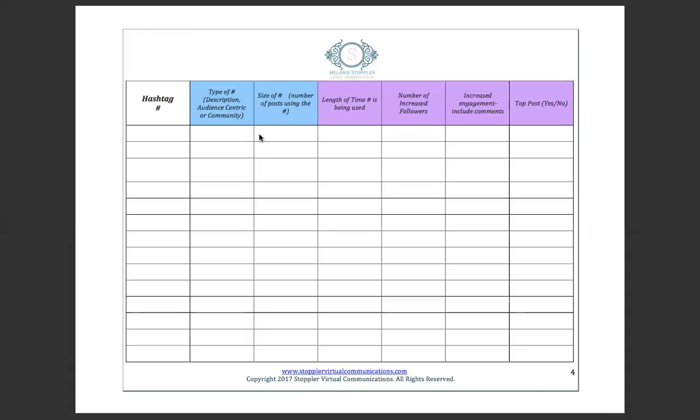Don't just look at your likes. Also pay attention to the quality of comments. Are people responding and reacting to your comments? Are they taking time? They've obviously read your caption and they're responding. Also look at that call to action.